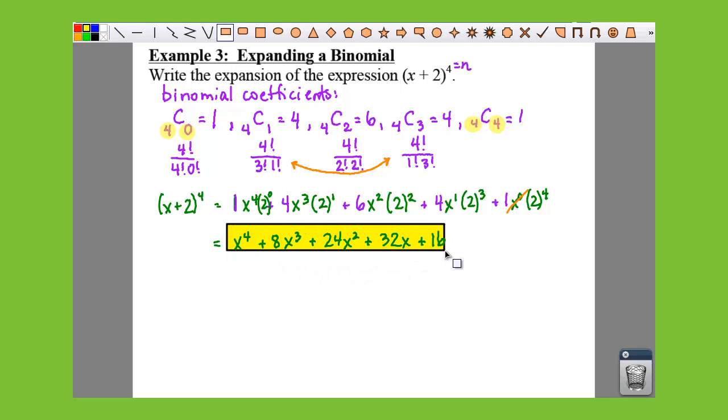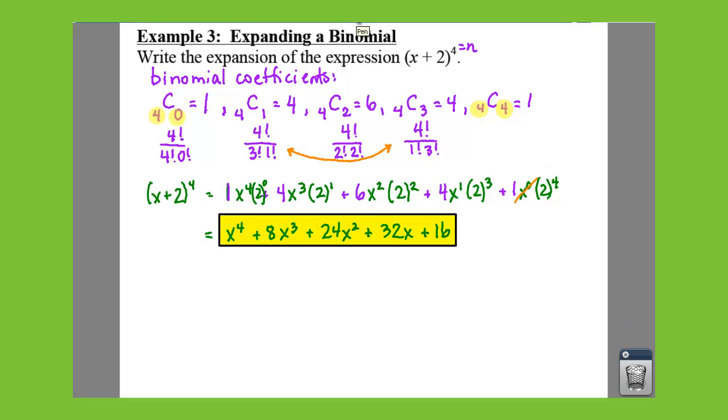So I think we probably better do another example like this, right? Yeah, I was kind of thinking so too. But that is how you can expand a